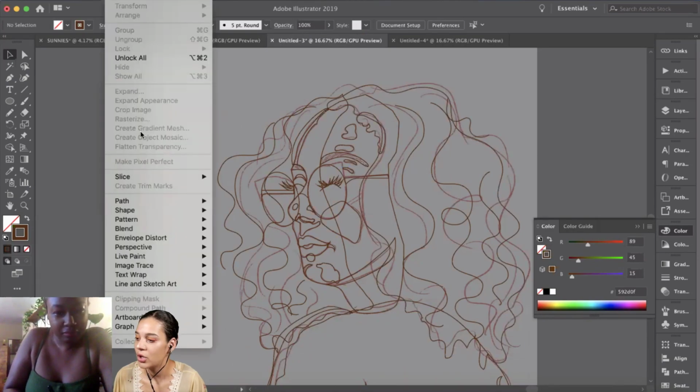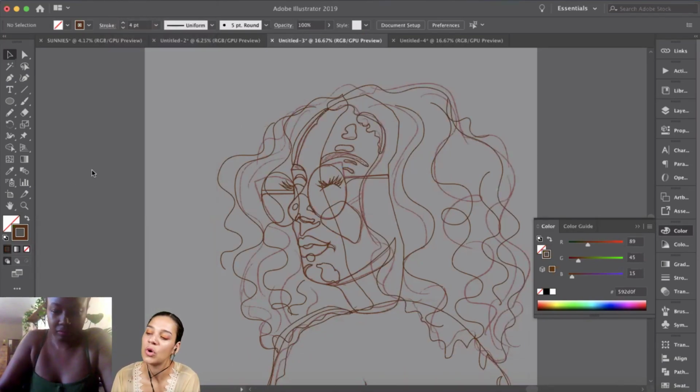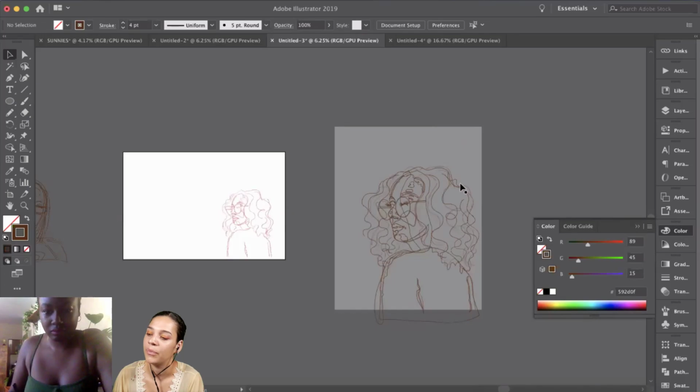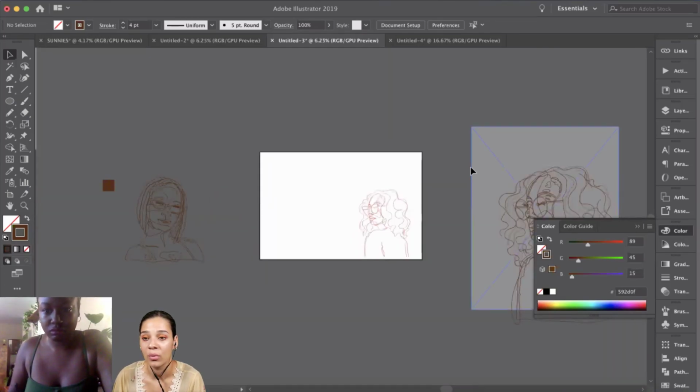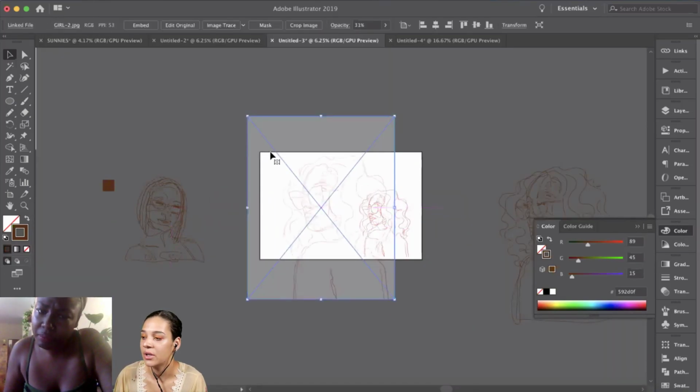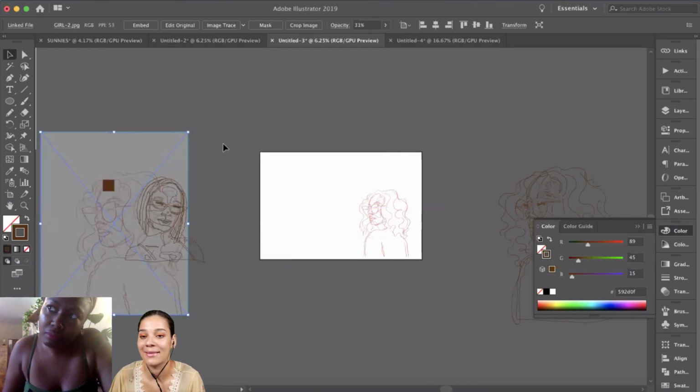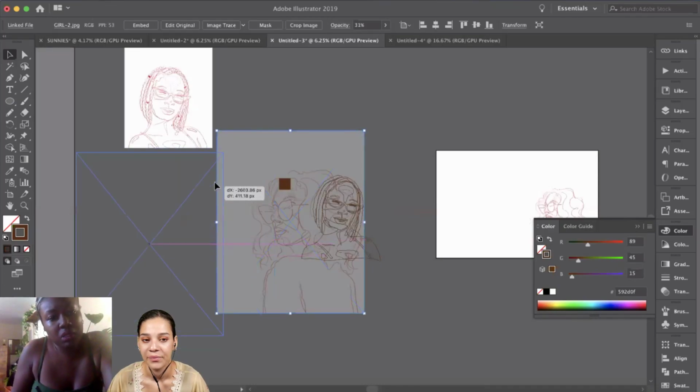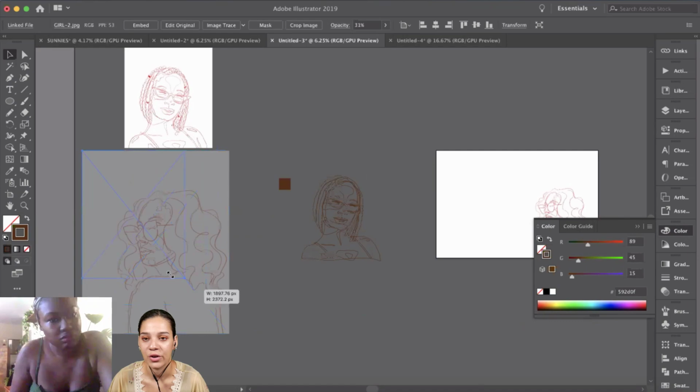Anthony wants to know if you worry about layer count when you're working in Illustrator. He wants to know if you worry about how many layers you have in these illustrations. No, I don't think so. Just kind of go for it.